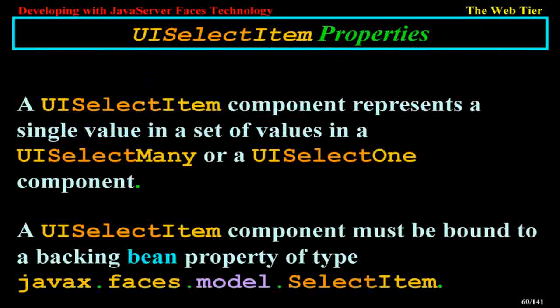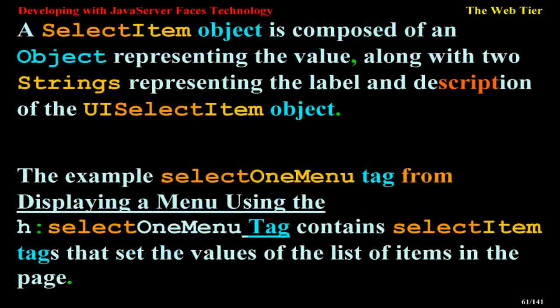SelectItem properties. A selectItem component represents a single value in a set of values in a selectMany or a selectOne component. A selectItem component must be bound to a backing bean property of type javax.faces.model.SelectItem. A SelectItem object is composed of an object representing the value, along with two strings representing the label and description of the SelectItem object. The example selectOneMenu tag from Displaying a Menu Using the h:selectOneMenu